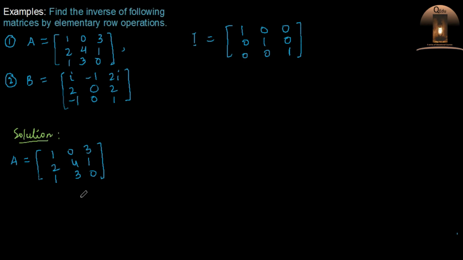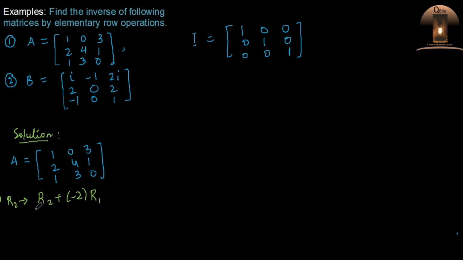So now first we shall apply the elementary row operation on the first column, then on the second column, and then on the third column. Starting with the first column, we need 1 here, and there is already 1, so no need to change the first element. To change the second element to 0 and the third element to 0, here we have 2, we have to make this 0, and 1, we have to make this 0. We can apply an elementary row operation, adding a multiple of one row to the other row. So I am applying two operations here.